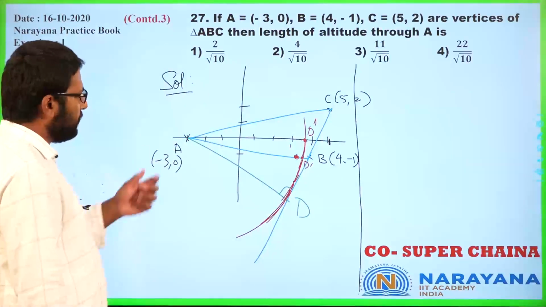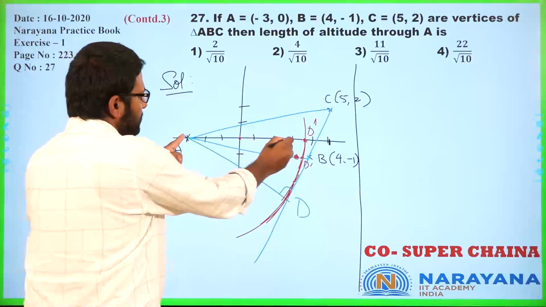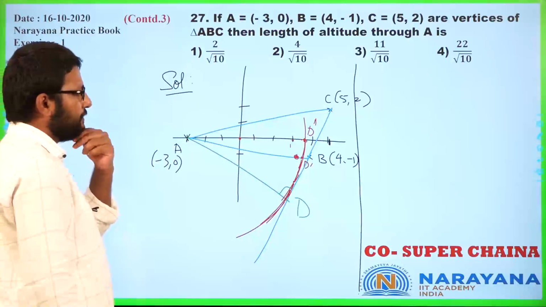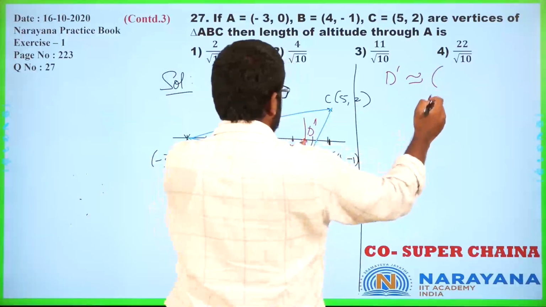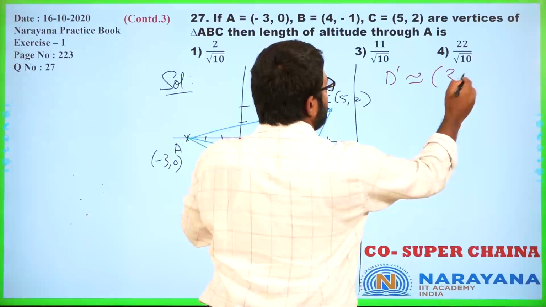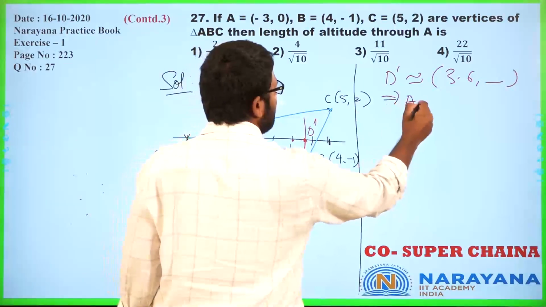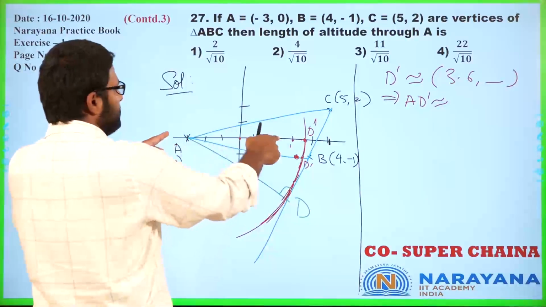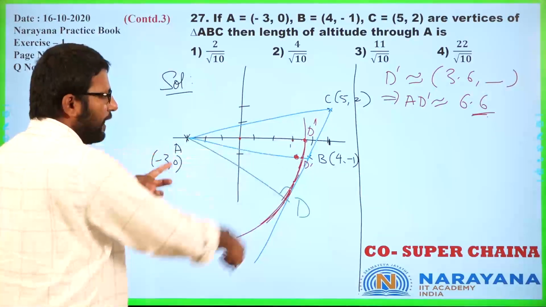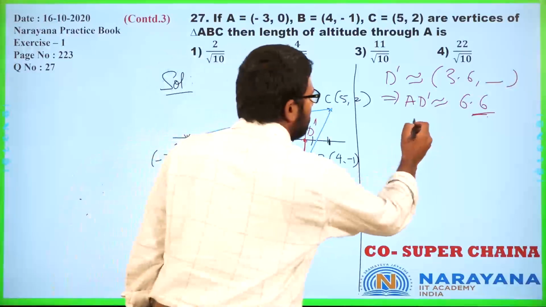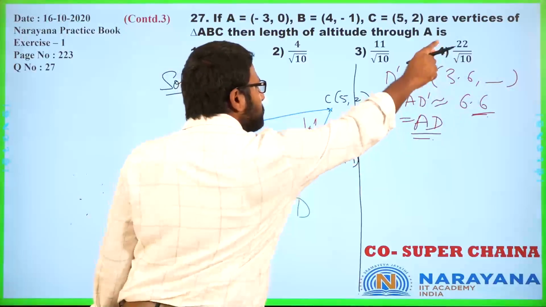Okay, why? Because if you observe carefully, this length is pretty clear to us, 1, 2, 3. We know this is 3 units and slightly more, right? So D dash is approximately at, observe this point, 3.6 comma something, slightly closer, between 3 and 4 but closer to 4, which means AD dash is approximately 6.6 or something. And we know, because this is a circle, AD dash must be equal to AD. That is the logic, which is equal to AD. So now, among all the options, find out which option is closer to 6.6.